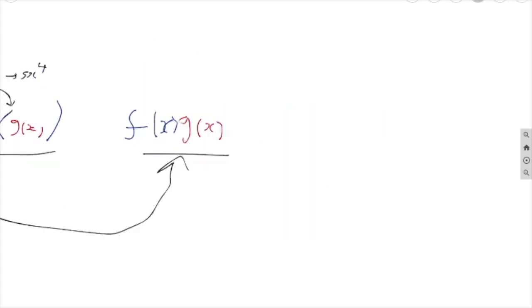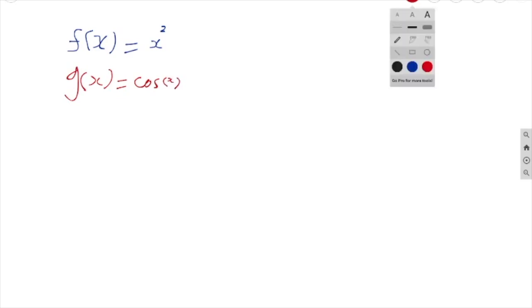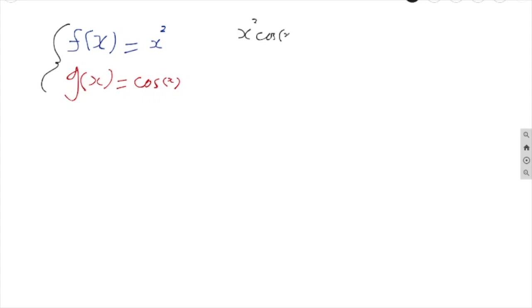So, say we had f of x be a function f, and let's call that x squared. And let's say we have some other function g of x, which equals cos of x. We can then define, using the two of them together, some function x squared cos of x. And let's just call that h, just another letter randomly. We can see that we have one function, x squared, multiplied by another function, cos of x. Equally, it's not the same as